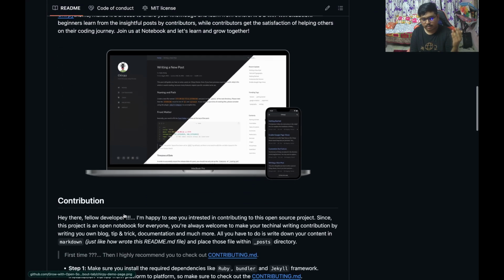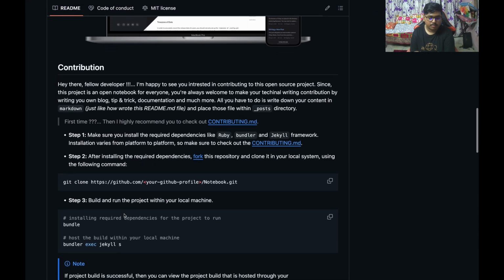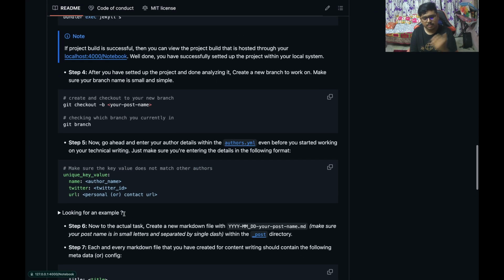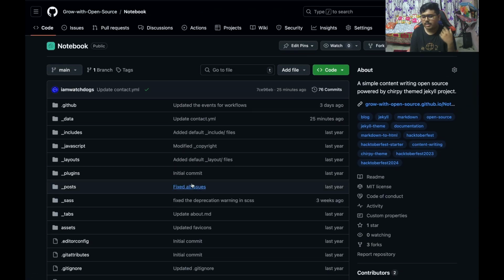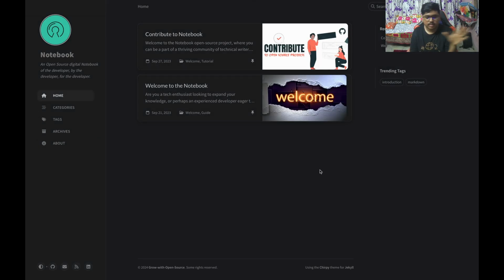So that's the thing, I've created this repository. And before we get on to this whole technical stuff, let's go ahead and see what the end result of this notebook looks like. So as you can see, this is the whole notebook project, and it looks quite neat